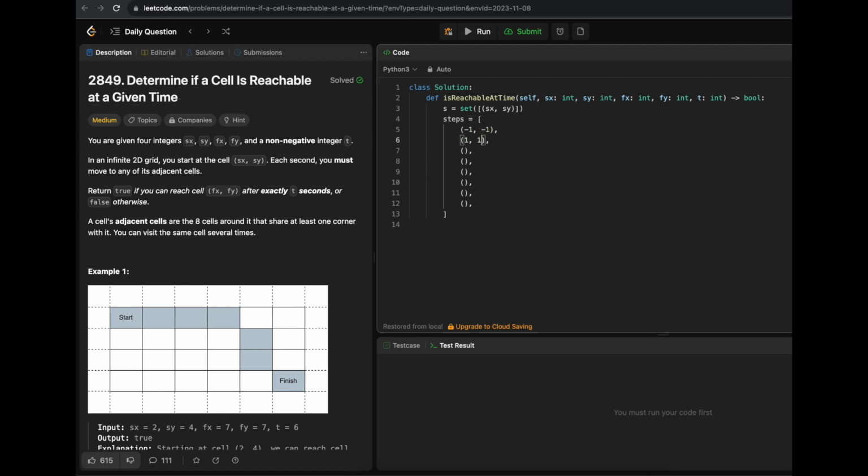-1, -1, 1, 1, -1, 1, 1, -1, 0, -1, -1, 0, 1, 0, 0, 1. So we have all 8 directions, and let's try to simulate the movement